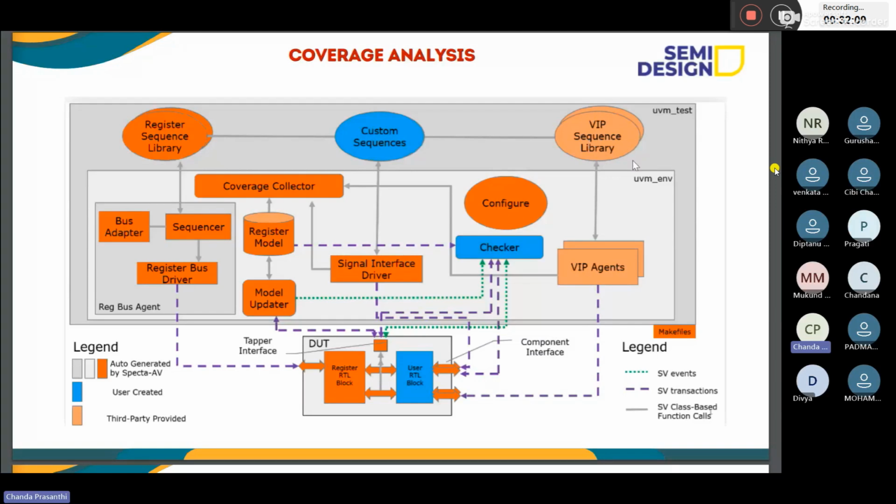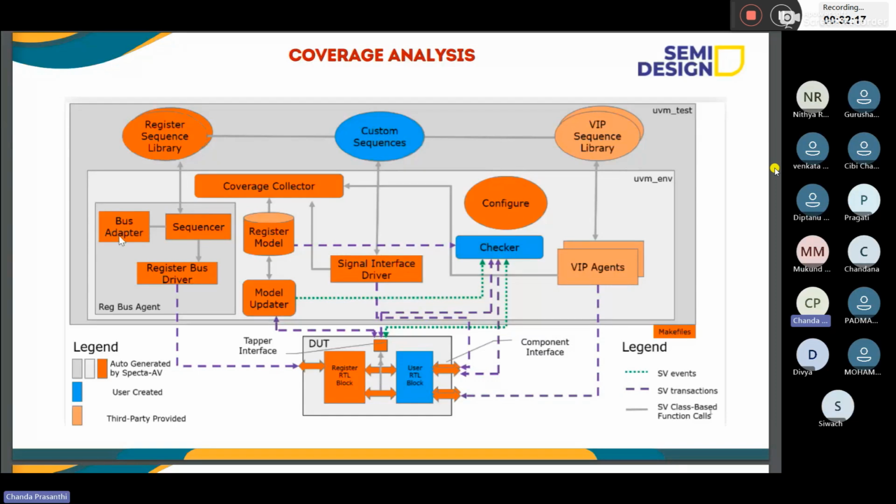In the agent you already know the sequencer, driver, and adapter. Adapter is a basic building block for registers. The adapter is used to convert register data to binary data and binary data to register data, right? That is why we use the adapter.